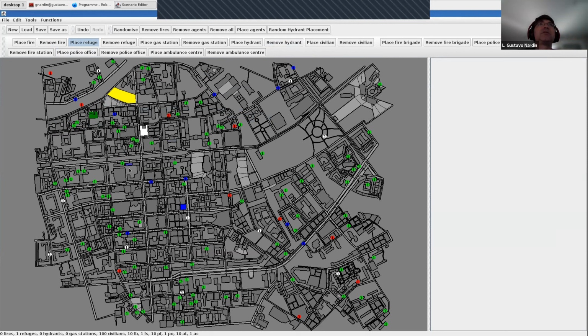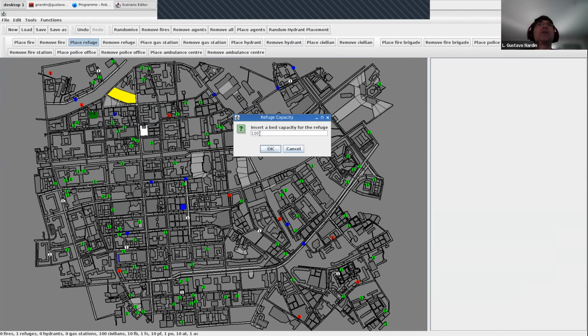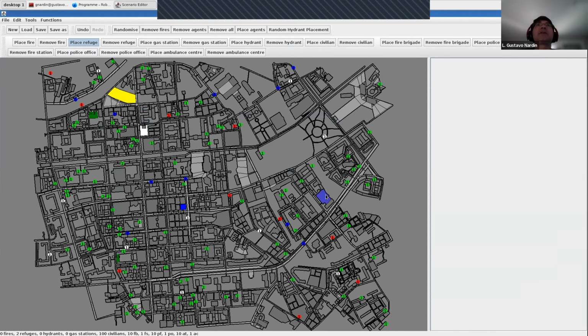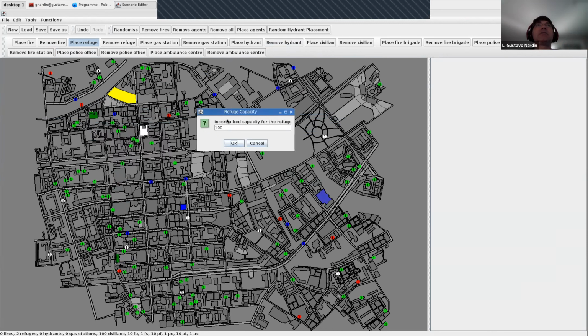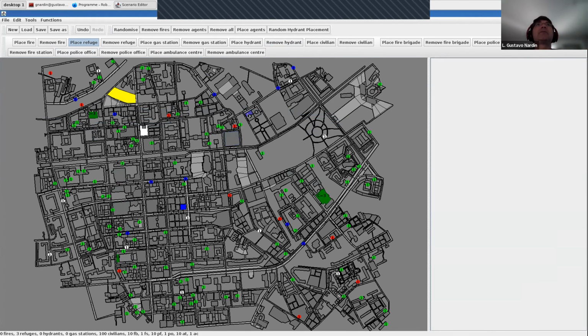I want 4 refuges, so another refuge here with 3 beds, another one here with 3 beds, and one maybe here with 3 beds. Okay, so now we created, I will save this scenario,